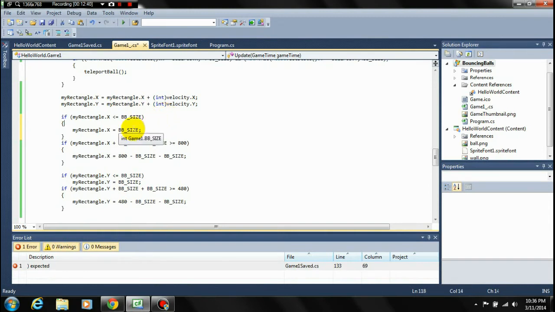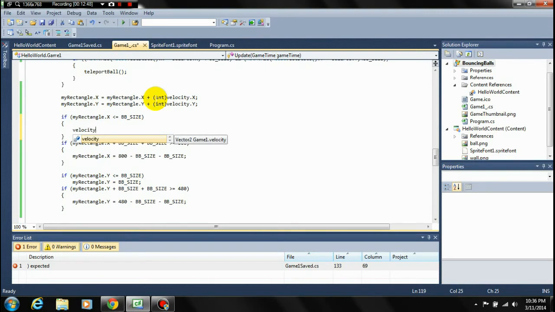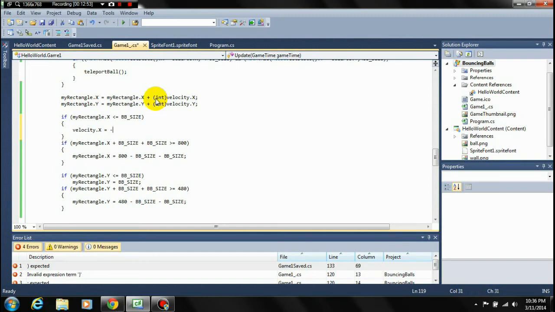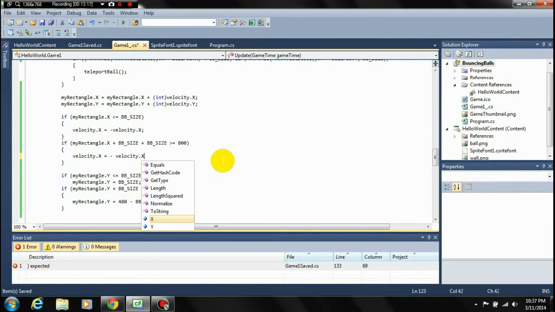So no longer are we going to be doing this thing where we tell it to stop. We're going to change it to velocity dot x equals, we want to go the opposite direction, so we're going to say negative velocity dot x, and that will go the negative vector direction there. We want the same for the right hand of the screen here, this side over here basically. So we want velocity dot x equals negative velocity dot x,